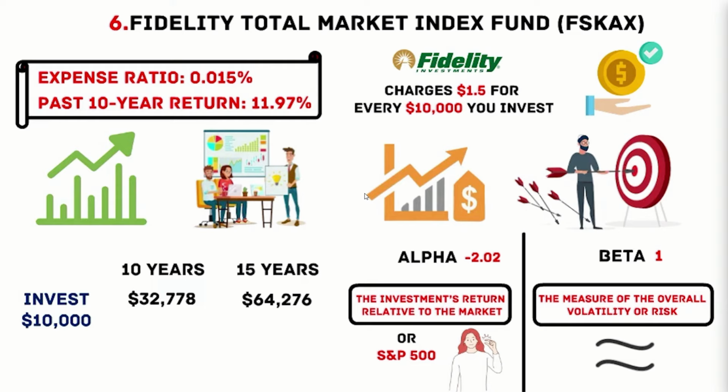The expense ratio is 0.015. For reference, Vanguard has very low expense ratios. Theirs is 0.03. So this one, their expense ratio is over double, even though they're both extremely low. Past 10-year return, 11.97%. So you're spending about $1.5 for every $10,000 you invest in this fund on management, on the expense ratio. A $10,000 investment over 10 years will be